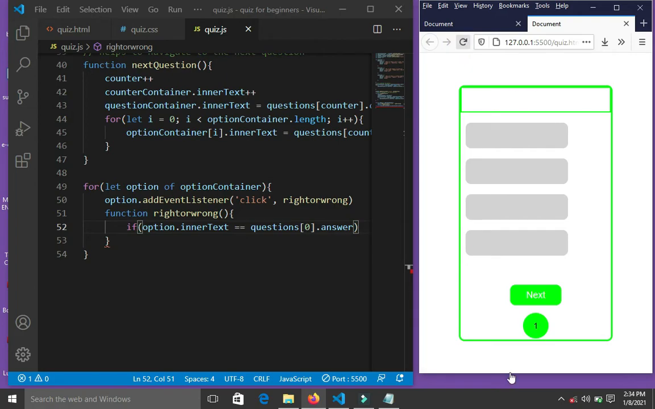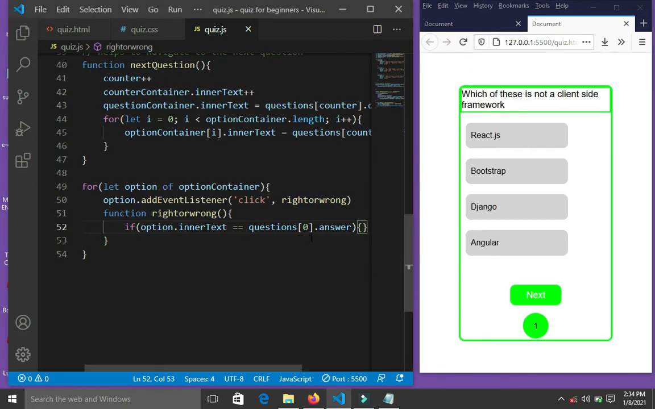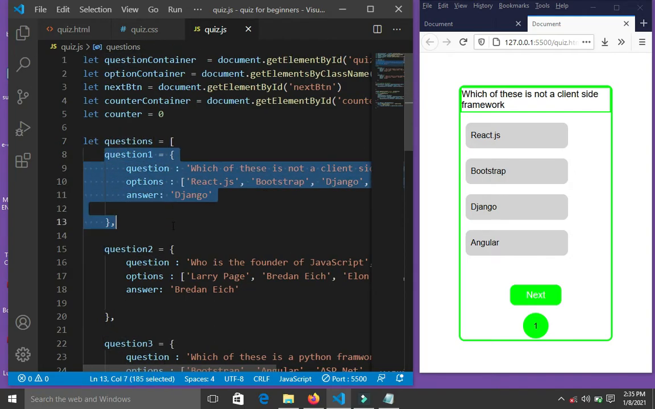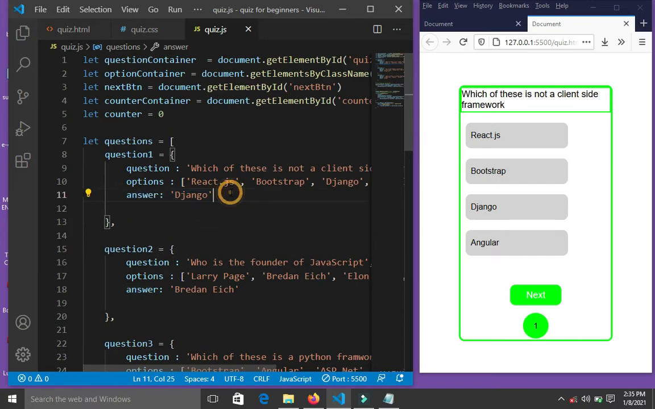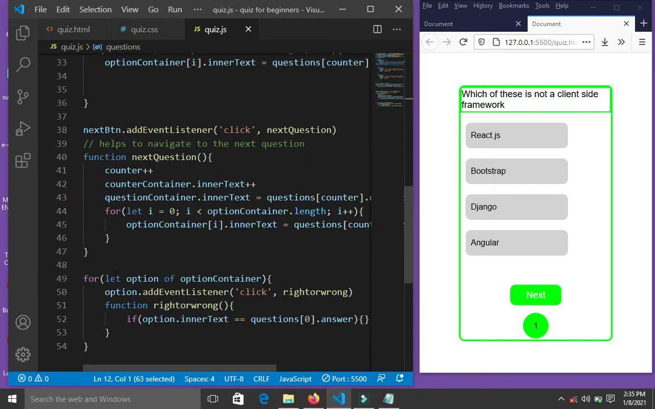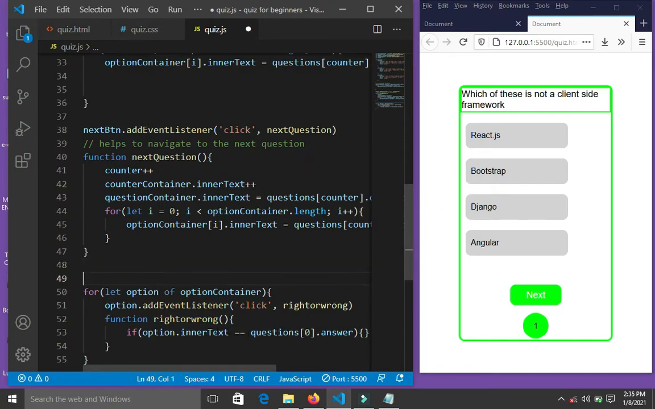So I said if option dot inner text, option refers to these four divs we have here. I said if the content of those divs is equal to the first answer, for example, questions 0, which refers to this particular object, 0 dot answer, which is this. The answer is Django, right? So I looped through this option container again. I said if option dot inner text is equal to